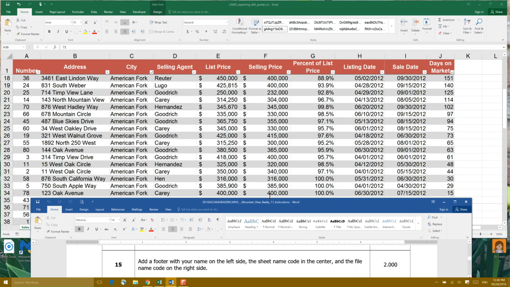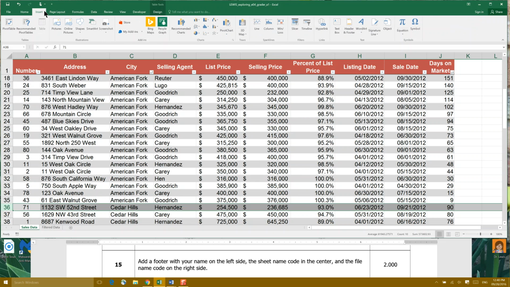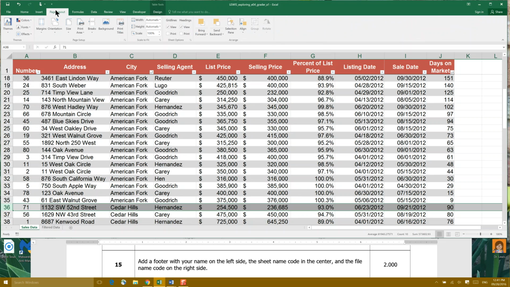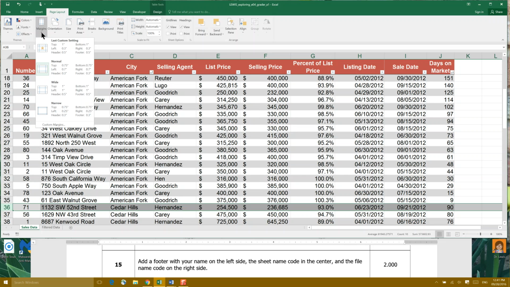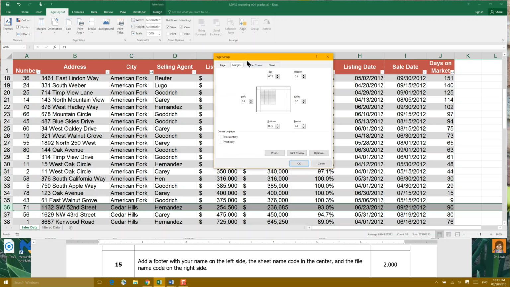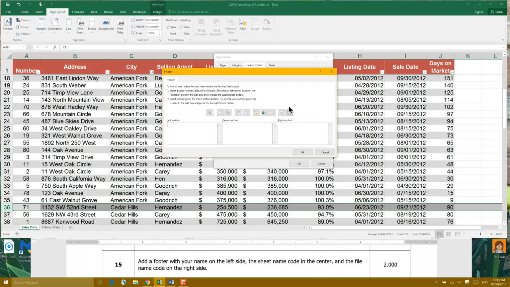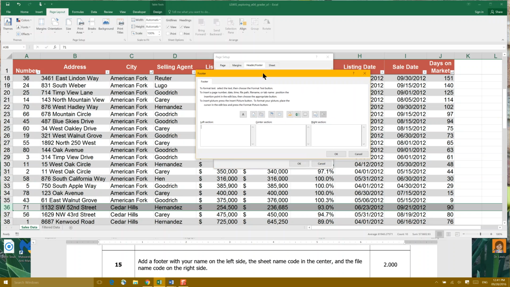Step 15, add a footer with your name on the left side. So let's go to page layout this time since we were on page layout, and go to margins, custom margins, and in the page setup dialog box I'll select header footer, and then we actually want a custom footer because we need 3 parts. So we select custom footer, and on the left side you're going to type your name, and